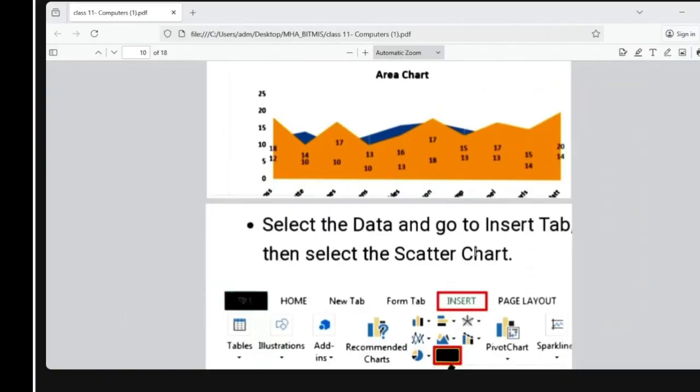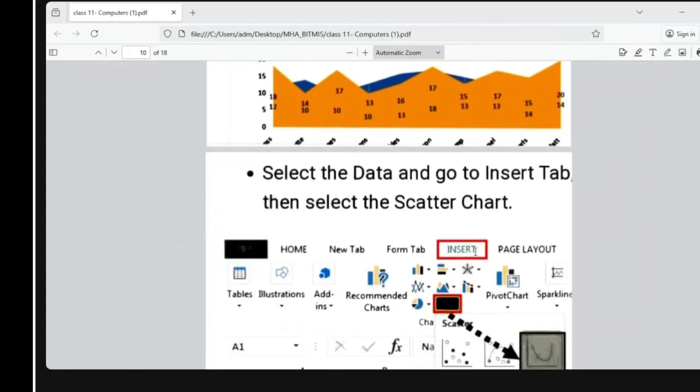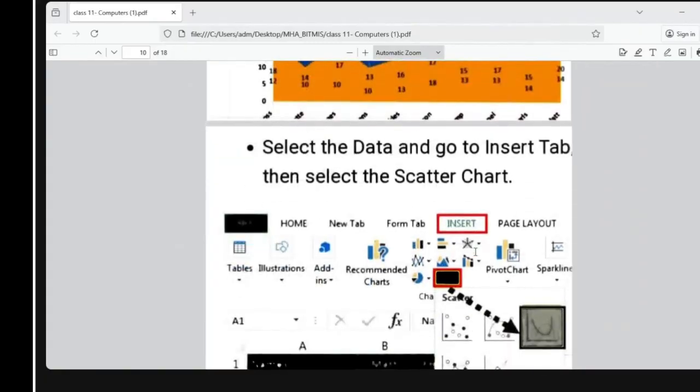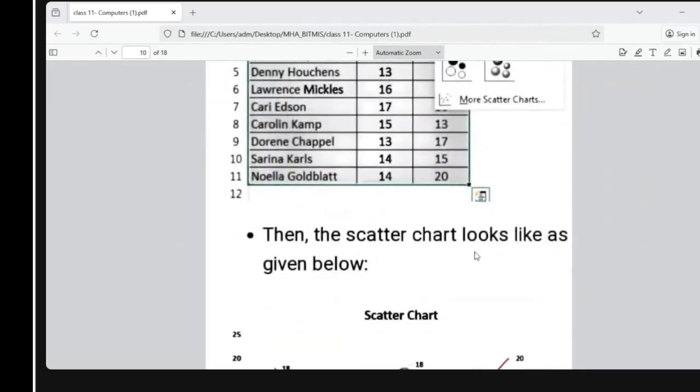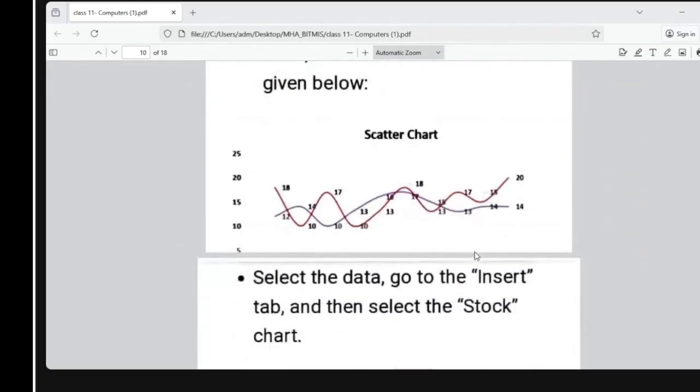First select the options, then go to customize. Suppose you want to add a new color: go to insert, select the particular chart you want to insert, and click on that chart. You will see many slide designs there. If you click on one slide, the whole slide will be converted in such a form. Same way, there is the scatter chart. See, for scatter, the data has been scattered in points, and you can do separate designs and lines. It will also be converted.